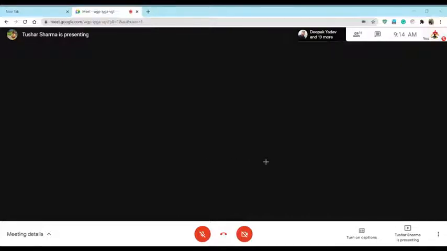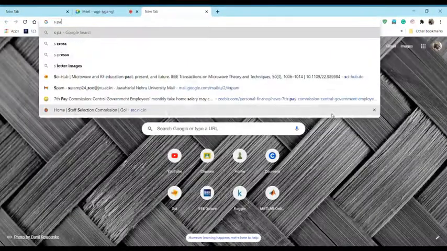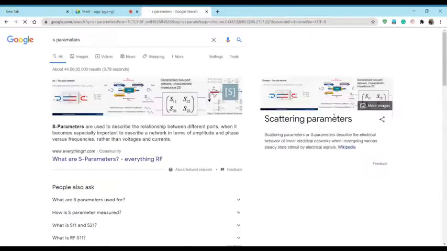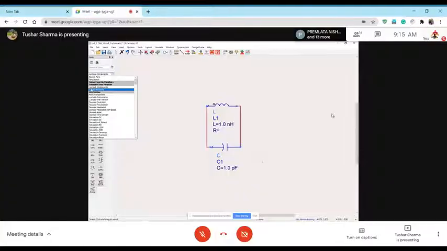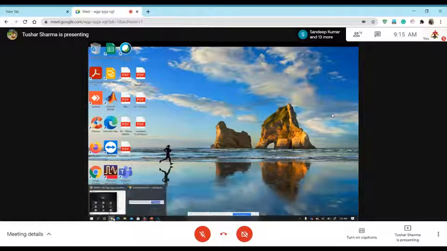So to do any sort of simulation, you will have to understand something called S parameter. Does anyone know what S parameters are, or did you guys ever study S parameters in your previous lectures or your previous course? Did you guys ever study S parameters? Yes or no? Sir, we calculated S parameters for certain antennas. Right, so we designed it. I mean, you guys might have done some theoretical derivation and stuff, right? No, sir, we haven't. No, sir, introduce to us the scattering parameter.